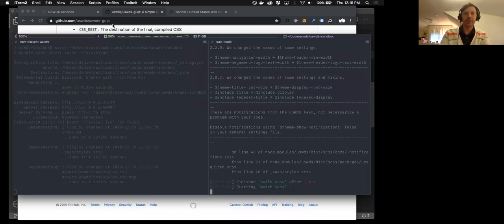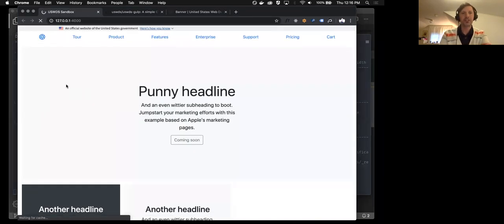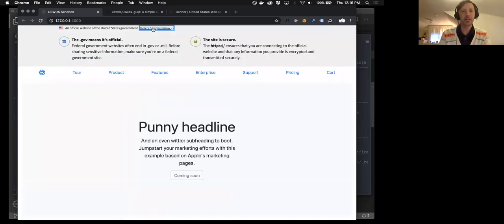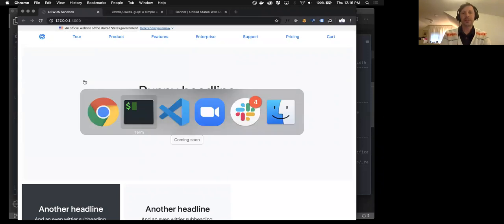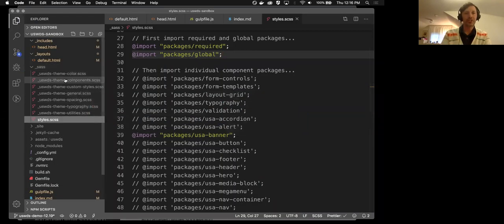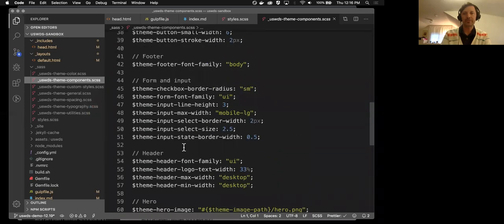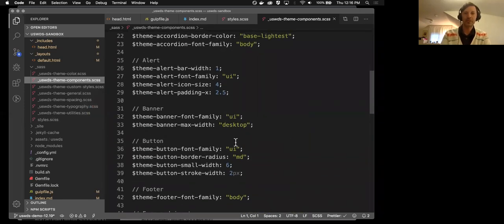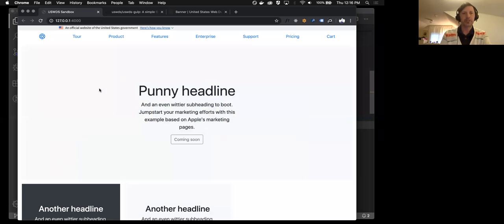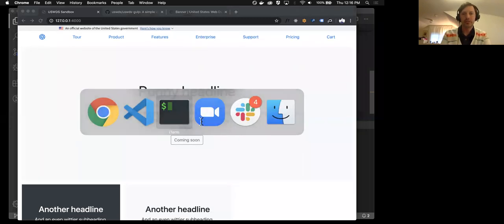It just did all the recompile. We can come back over and we will see that nothing should have changed on our page, except we used about 1/10 of the code. And then we could still go in and make some additional changes if we wanted to change the spacing of the banner on the page. We could make it change its max width from desktop to full. Have it recompile, and we'll see that the banner will move from being sort of narrow to expanding the whole